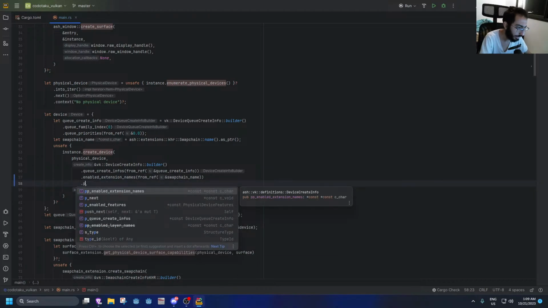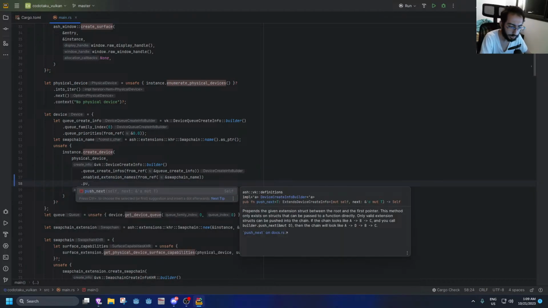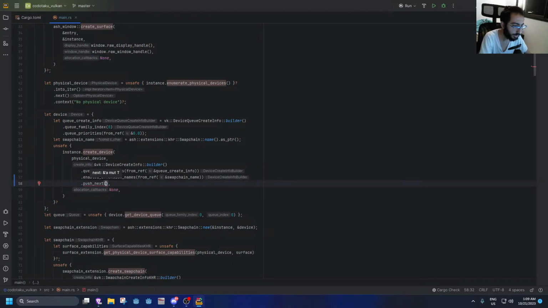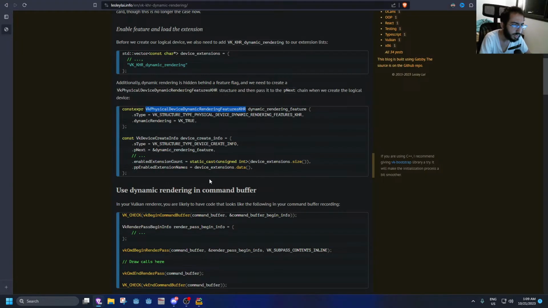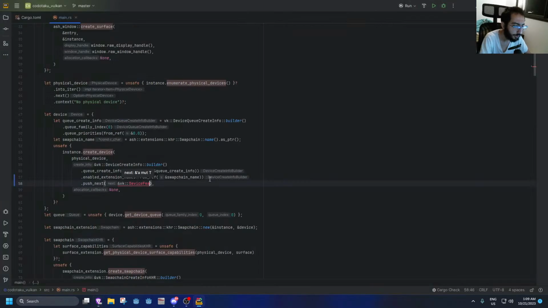How can we do that? I remember, yeah, there's push_next. Prepends the given extension struct between the root and the first pointer. This method only exists on structs that can be passed to a function directly. Only valid extension structs can be pushed into the chain. Okay, lovely. So let's push next, and let's push a reference to a VkPhysicalDeviceDynamicRenderingFeatures,